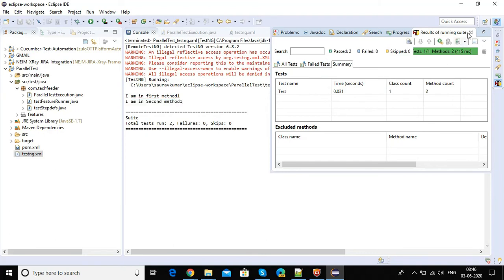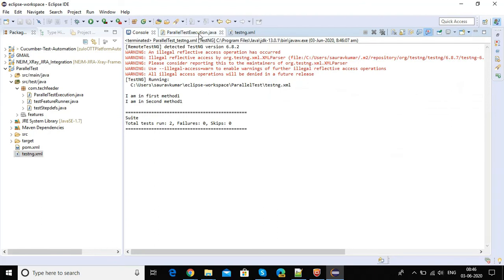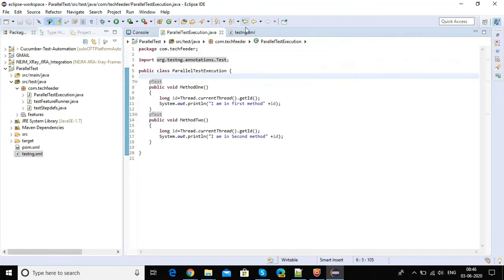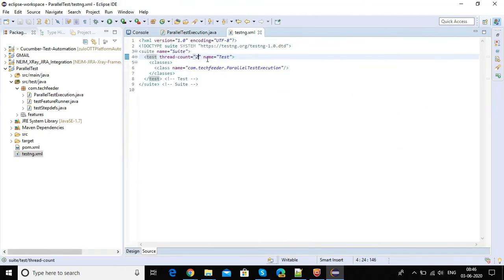That is because, let me show you, in the testng.xml we haven't provided the parallel attribute. So if we provide a parallel attribute, then it will differentiate between them. Now we'll create a parallel attribute on methods.